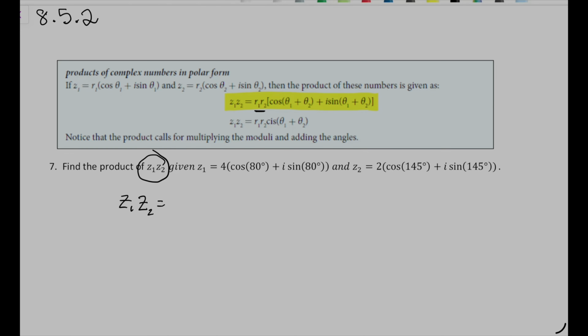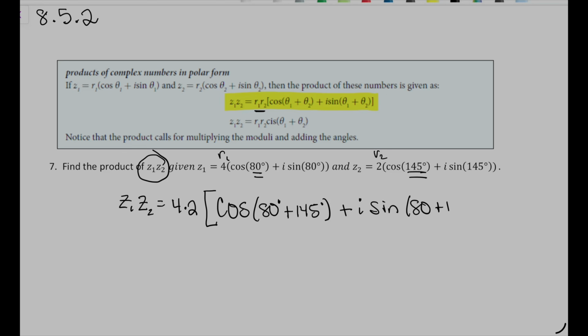When we multiply them, it's r1 times r2. So there's my r1, there's my r2. So it'll be a 4 times a 2. And then we multiply it by the quantity cosine of theta 1 plus theta 2, like so, plus i sine of the same angle, which is 80 plus 145. Those are degrees. Okay, so we're going to get an 8 times the cosine of